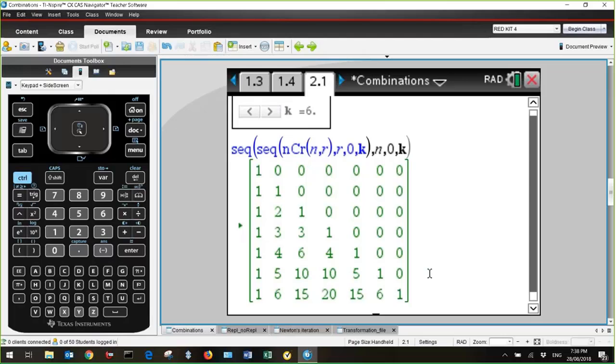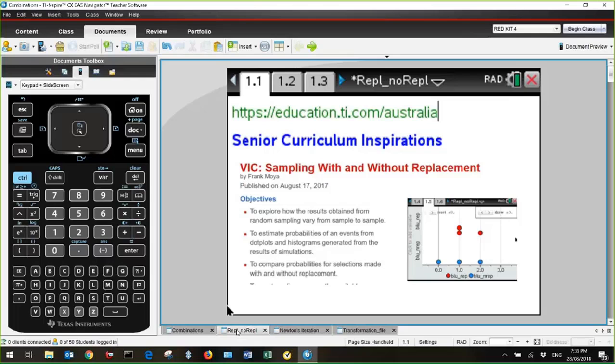Okay, now the other probability activity I want to talk about is one that I wrote for the Senior Curriculum Inspirations. So if you go to the TI Australia website, which is just education.ti.com/Australia, under the teacher section there's a section called Senior Curriculum Inspirations, and in the Victorian section, although this is not unique to Victoria because it's to do with sampling with and without replacement,